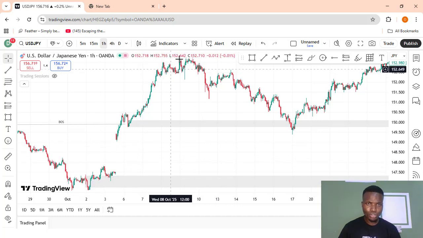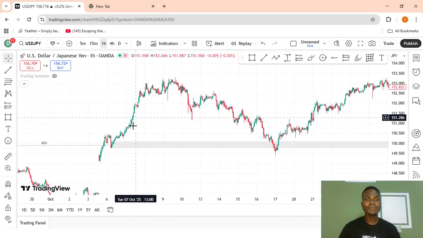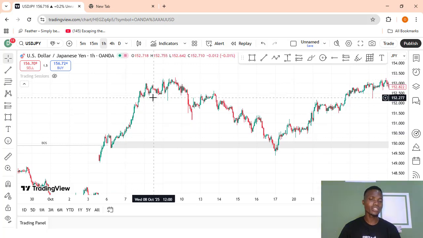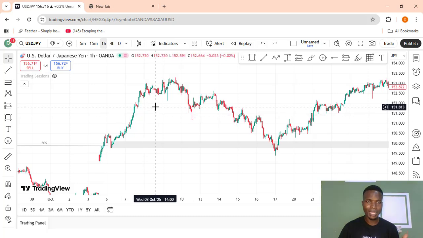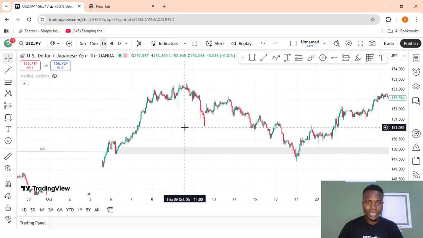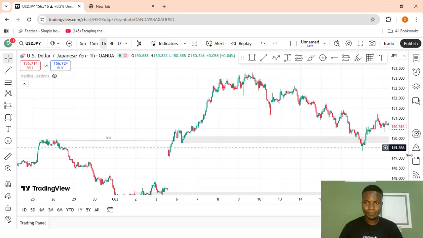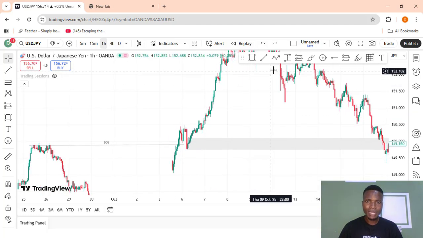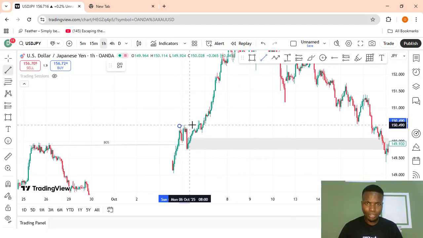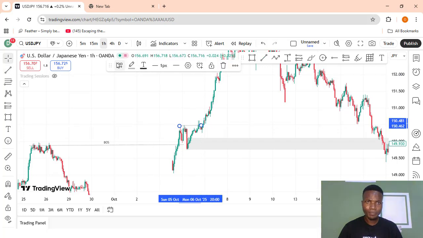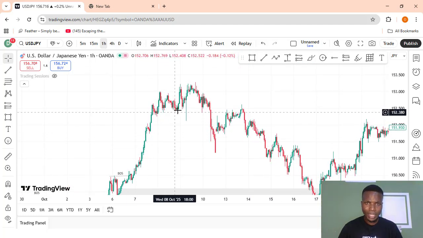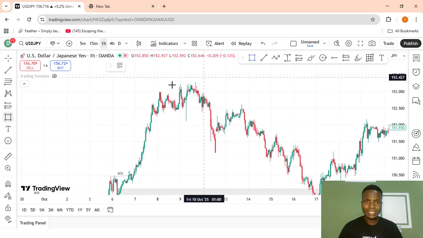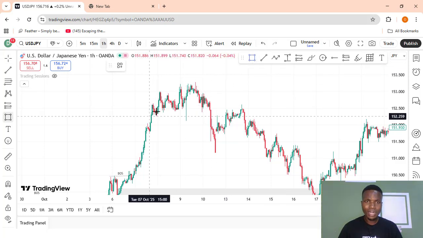Now price pushed to the upward movement. Because price cannot continue going in a straight line, price has to seek more liquidity in the market. So what actually happened here is that the market creates another break of structure around here. When price goes up here, at this stage you can see that price was consolidating